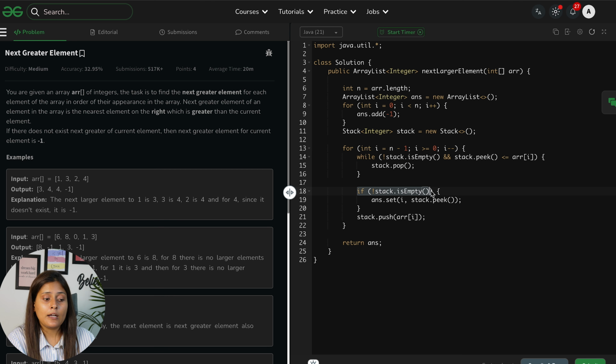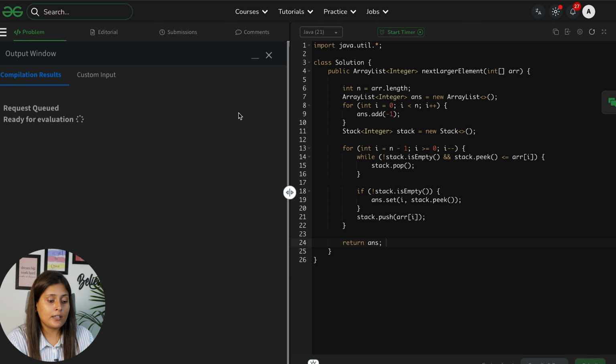After coming out, definitely whatever kept in my stack will be my next greater element. Yes, if the stack is empty, means nothing, means by default we have -1 already there. So if a stack is not empty, that value we can put, because it is a greater element. And at last, either the current element was smaller or greater, no matter, every value will go in my stack once, and after coming outside we will return, and the time complexity is O of 2n, which is linear